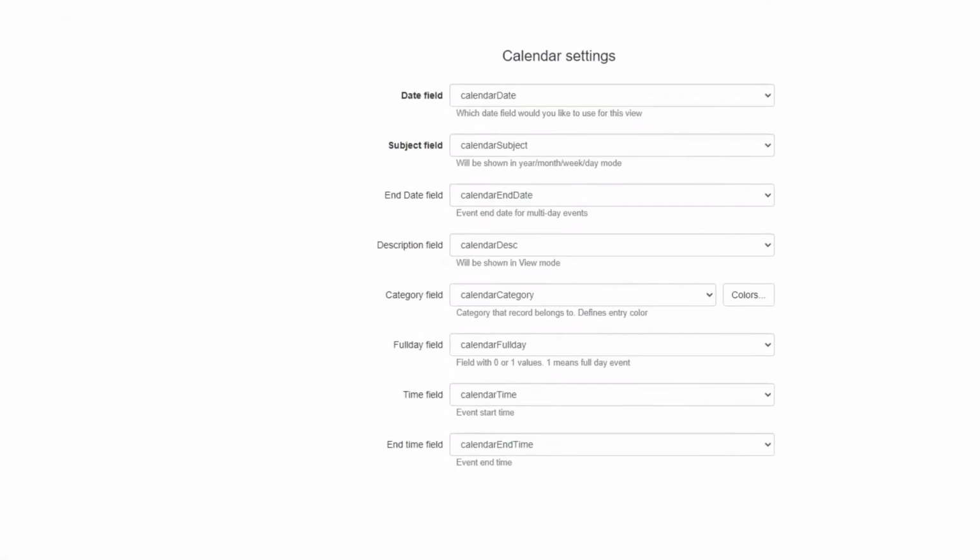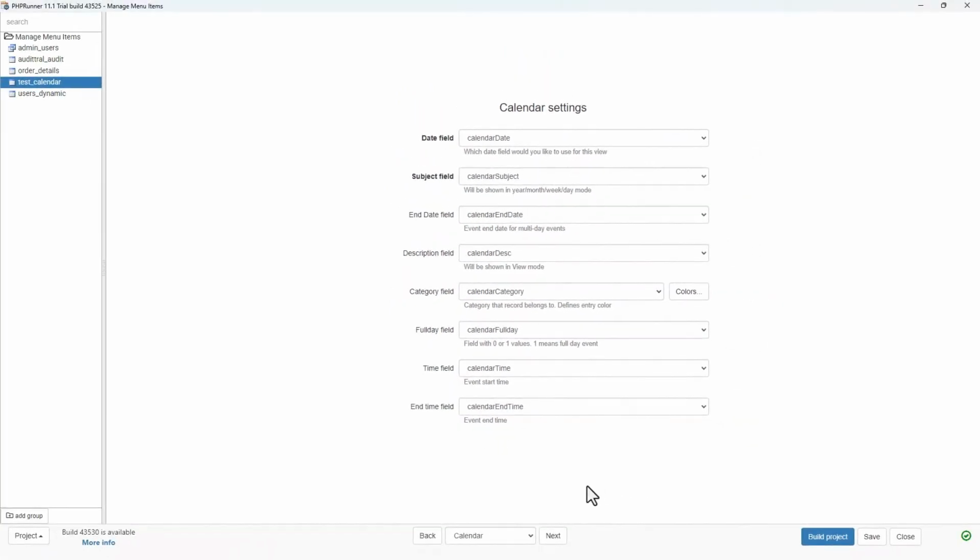Okay, I assume this is if you use a different table, this is like a mapping screen, the calendar settings screen, where you map your database table fields with the description on the left of those fields so that you can actually match the data correctly. This is what this is, I assume. If I'm incorrect, let me know in the chat.